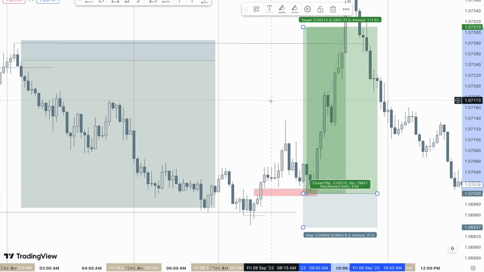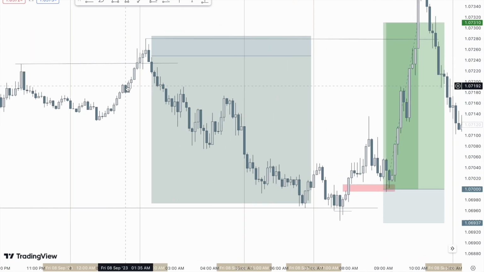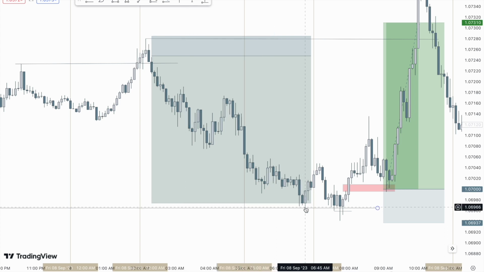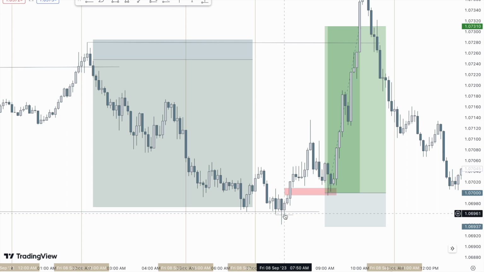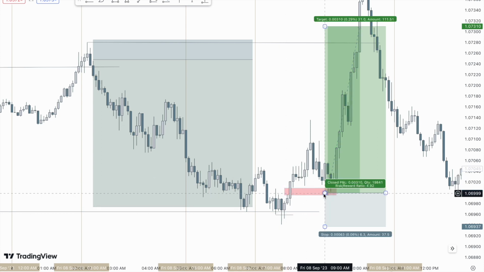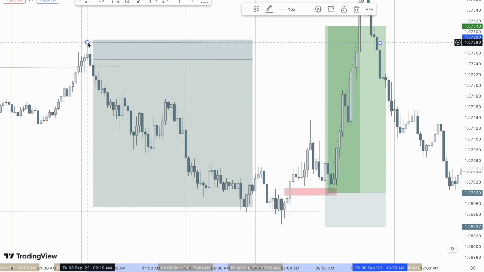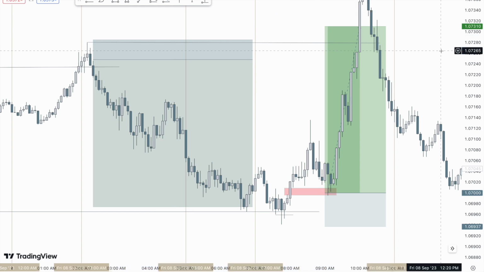So this is how you trade during these kill zones. First thing is you have to wait for the sweep. After the sweep, you have to look for either an order block or SMT divergence. In this case, there was no SMT divergence, but there was a bearish order block. So we entered into our shorts and we took profits at the lows of the Asian kill zone. And then in this case, there was no order block, but we got an SMT divergence. We entered once this gap got filled, and we took profits once it swept the highs of the London kill zone. So this was all about